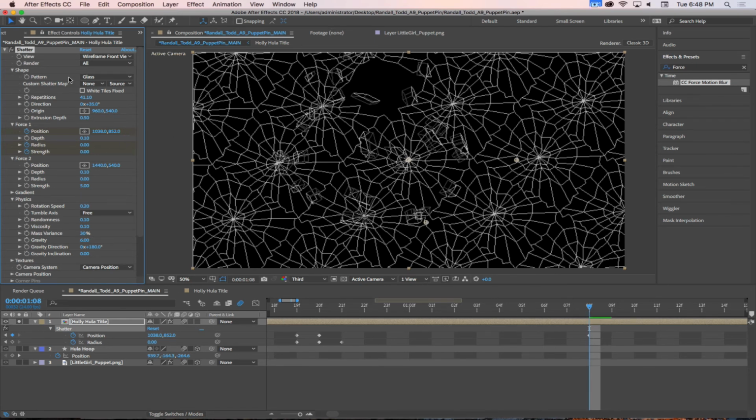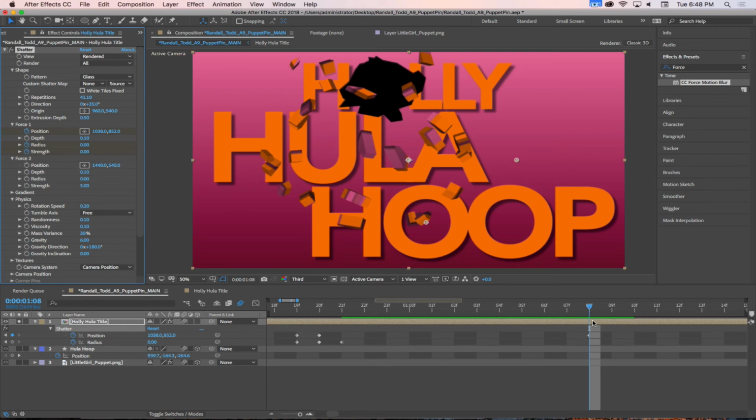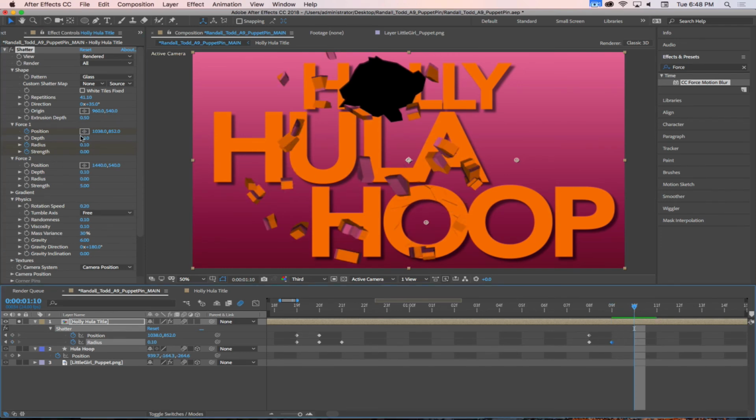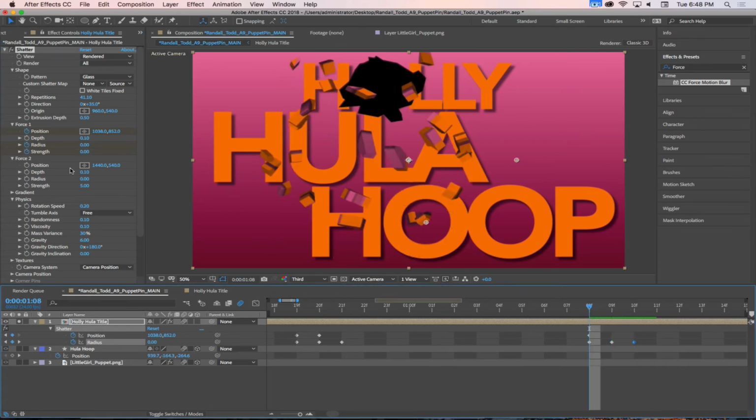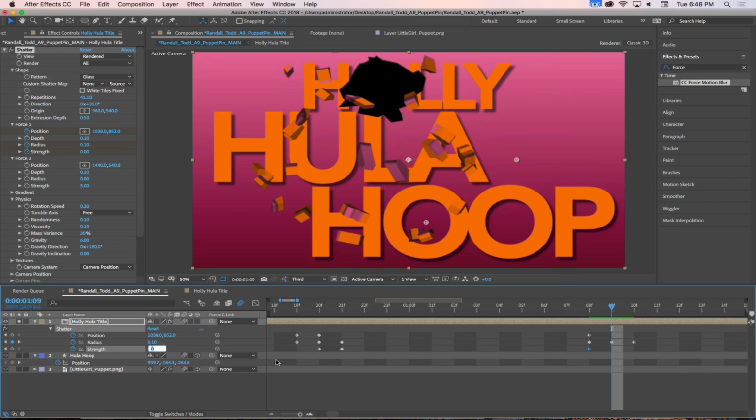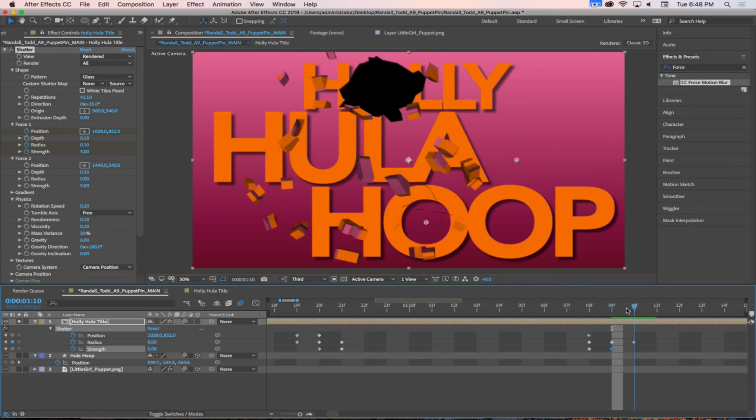So we can go back into our force 1. I'm going to go ahead and look at rendered mode again, and we're going to set our radiuses. So I'm going to plop a keyframe down for the radius, pop over a keyframe, set the radius back to 0.1, and then back to 0 again. And then we're going to do the same thing for the strength. So we're going to set a keyframe for 0 strength, and then when it hops up to 0.1, we're going to set our strength to 5, and then when we go over one more frame,